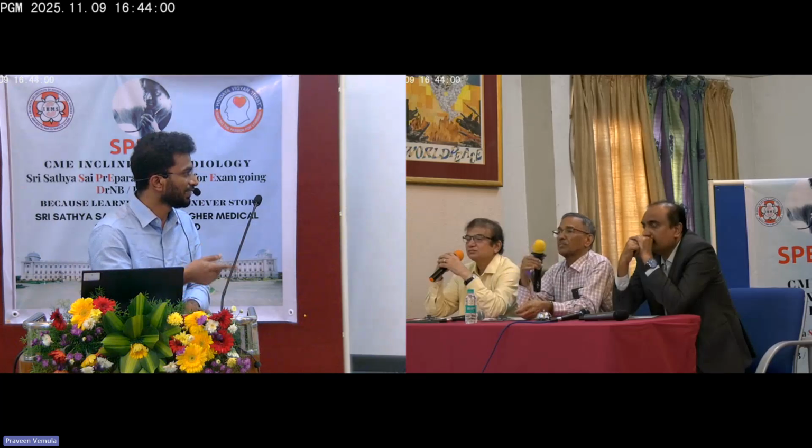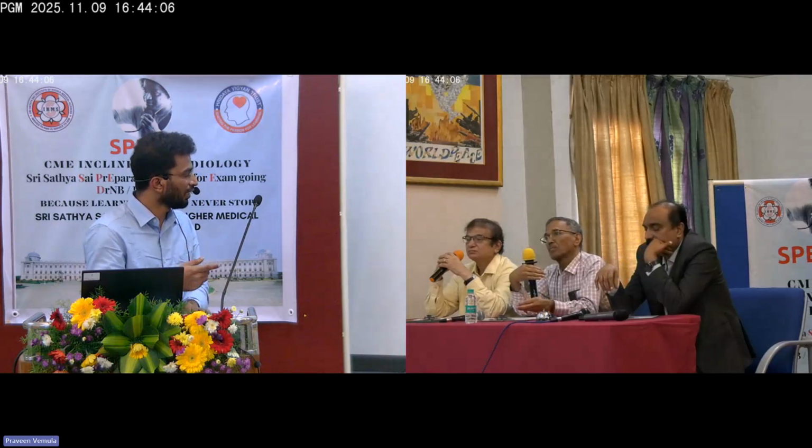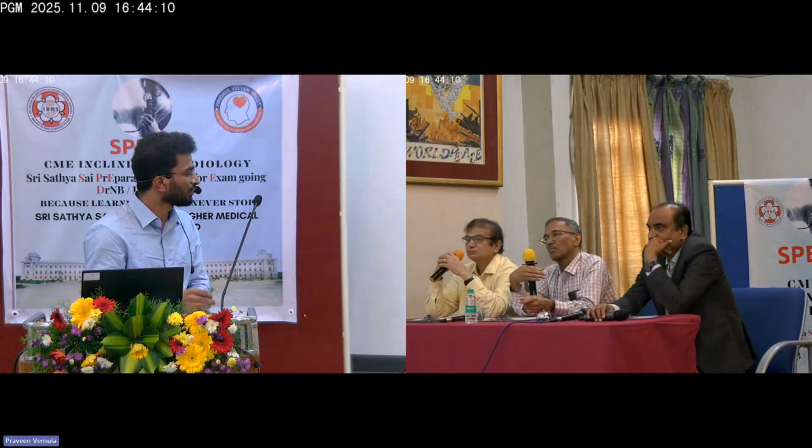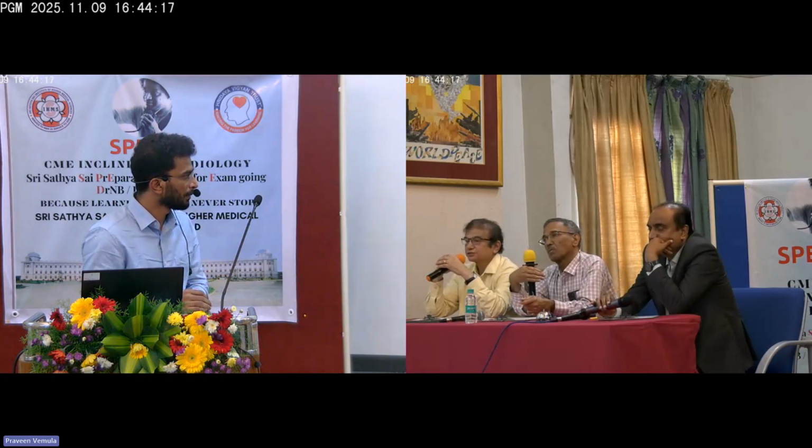One is VSD with Eisenmenger, that can be possible. VSD with jet gasolization. And third would be some TOF physiology, which will have minimal cyanosis at rest that may go unnoticed. During exertion only, the cyanosis might come because of decreased pulmonary blood flow. But he has, history wise, increased frequency of lower respiratory tract infection. Yes, sir, TOF physiology, you get that. But at the same time, sir, exertional cyanosis is also there.